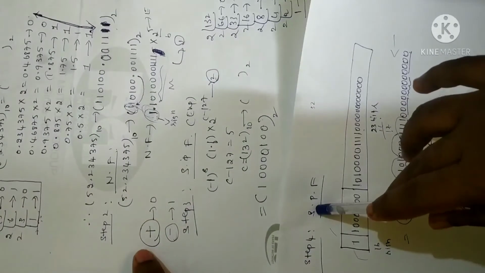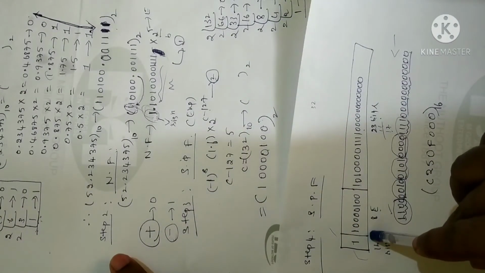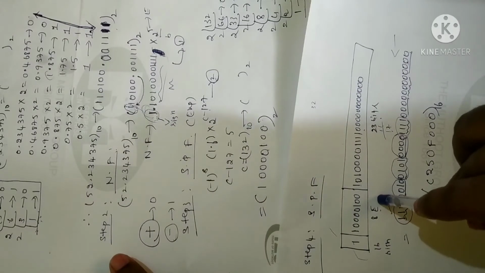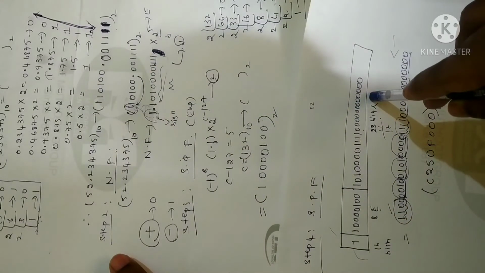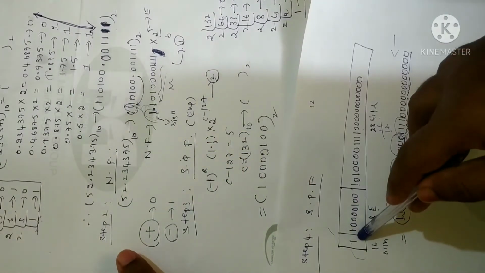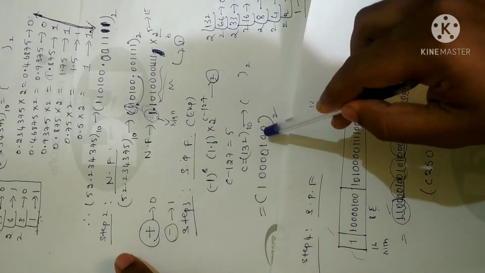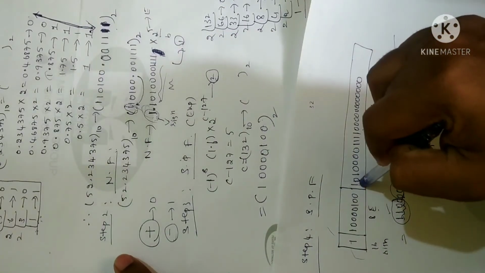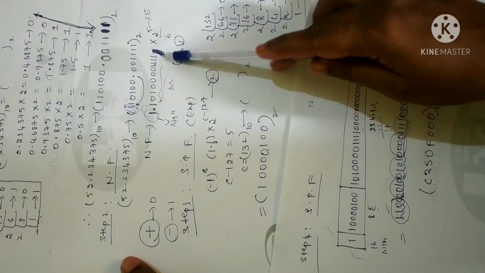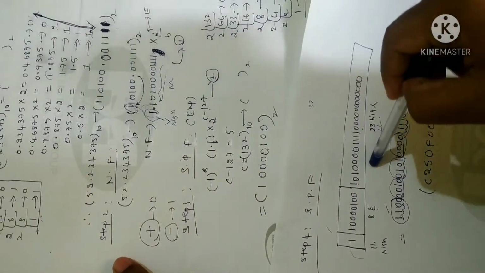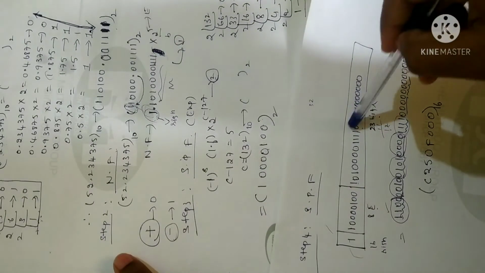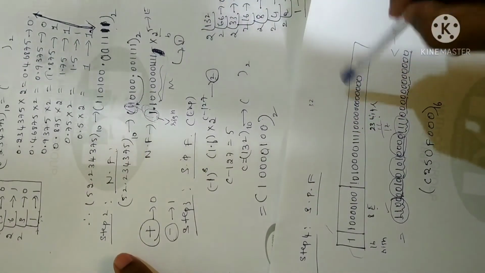Now the single precision format says that the first bit will correspond to sign, the next 8 bits will correspond to exponent, and the next 23 bits will correspond to mantissa. So the first bit is sign, so it is 1, written as it is. Next is the exponent, you have obtained it in step 3, you just write it as it is. Next, the last bits will be for mantissa. Since you have only 11 bits in the mantissa, first you write down all those 11 bits. So the remaining 12 bits will be empty, so you fill them with zeros.